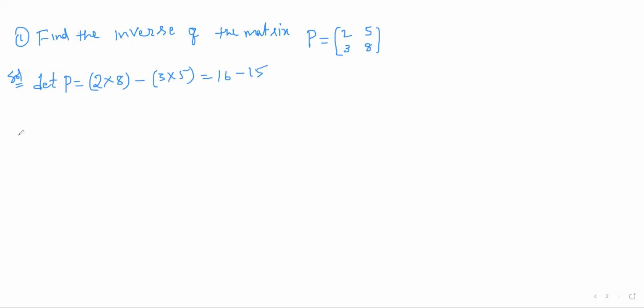So det P is 16 minus 15, which means 1 only, which is not equal to 0. So determinant of P not equal to 0 implies the inverse of P, that is P inverse, exists. Okay, now P inverse is given by